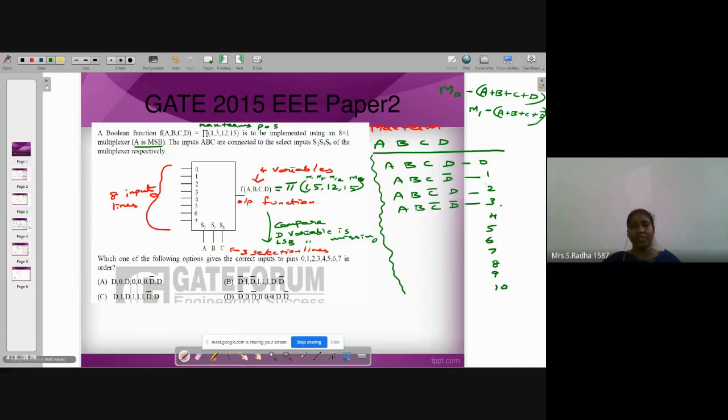Okay. So max term, what is the small difference I have written on the top right? So 4 means A, B complement, C, D. Okay. So 5 means A, B complement, C, D complement. Why am I writing all this? You observe the LSB bit. LSB is coming alternatively in complement version.